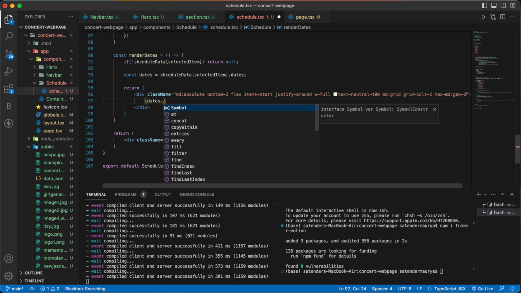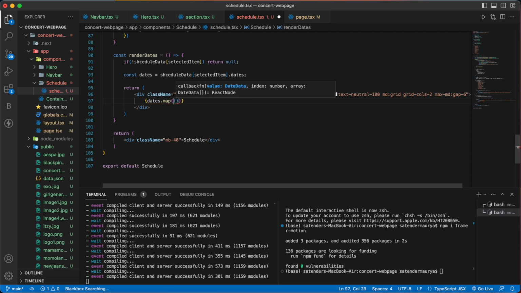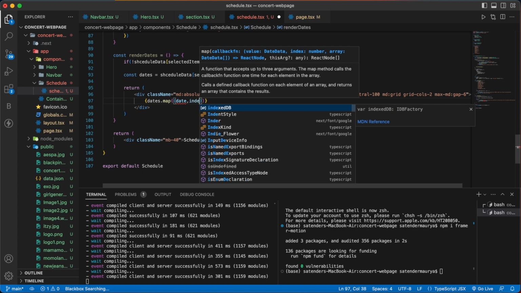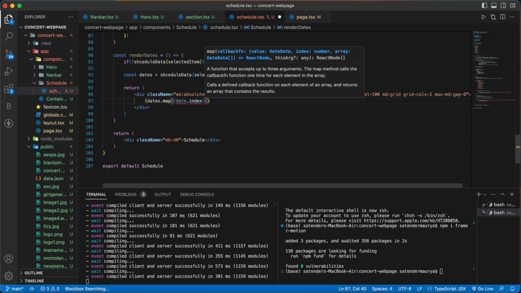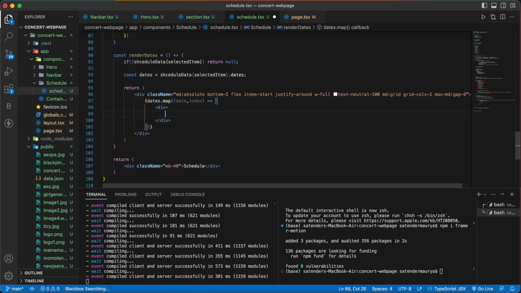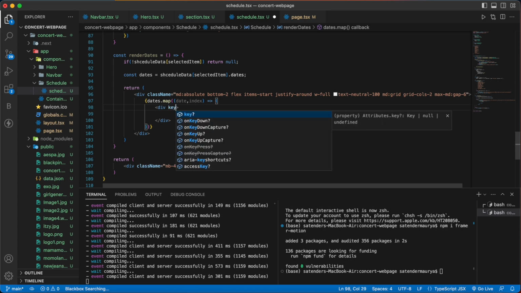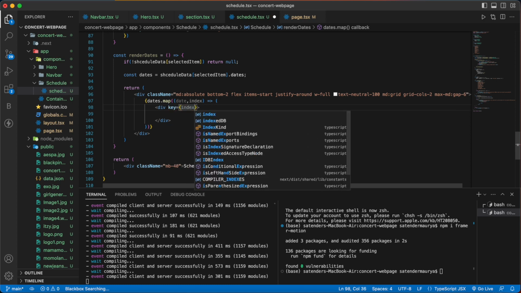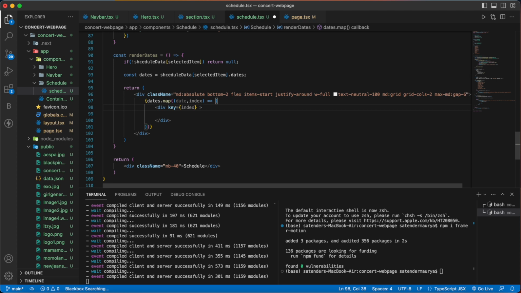So dates.map, and then we will have date and then index, and then we'll write like this. Please don't use curly braces here, use the small braces, or you won't get the desired result. And then after that we are going to have a div here. Inside that div will have a key which will take index, and then a className of